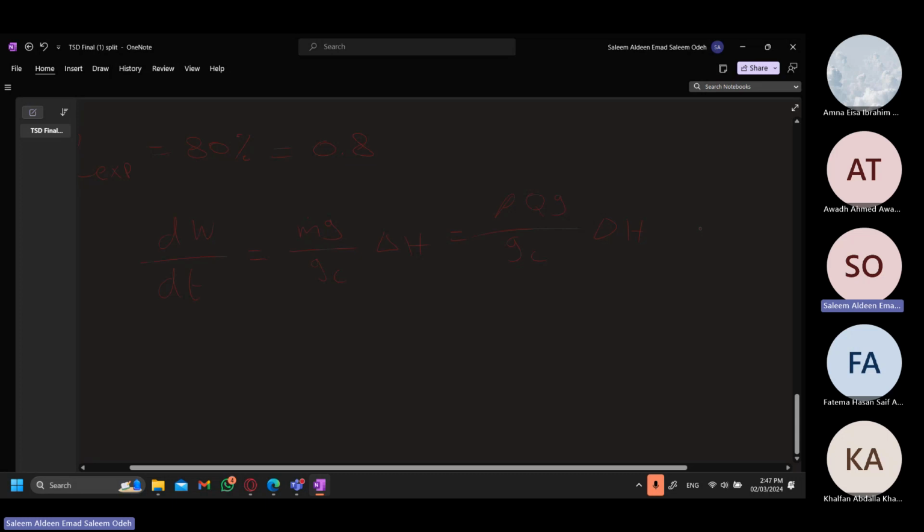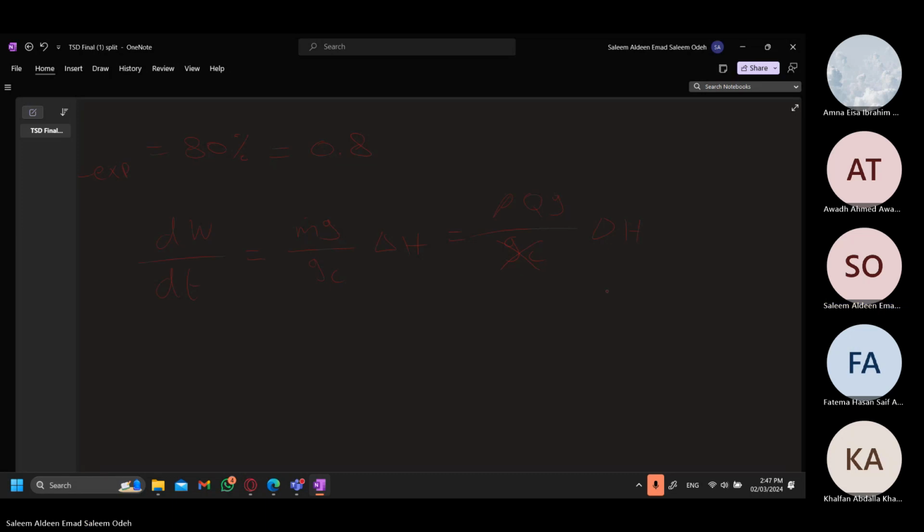Now you don't need to do any derivatives or anything of the sort because we can cancel GC out and we have the density, the volume flow rate, the gravity, and the delta H. So we'll rewrite it to find the power as